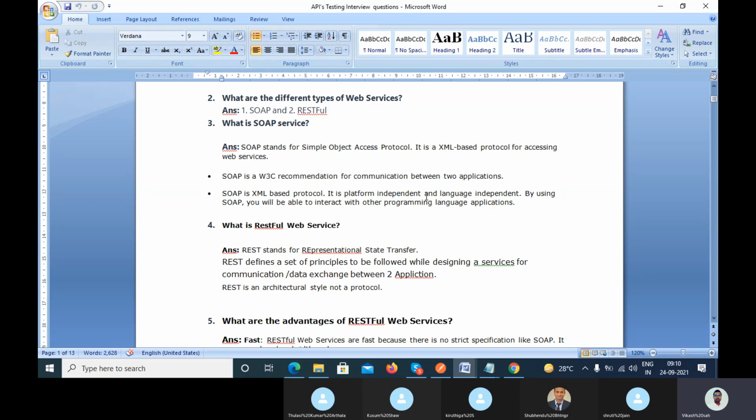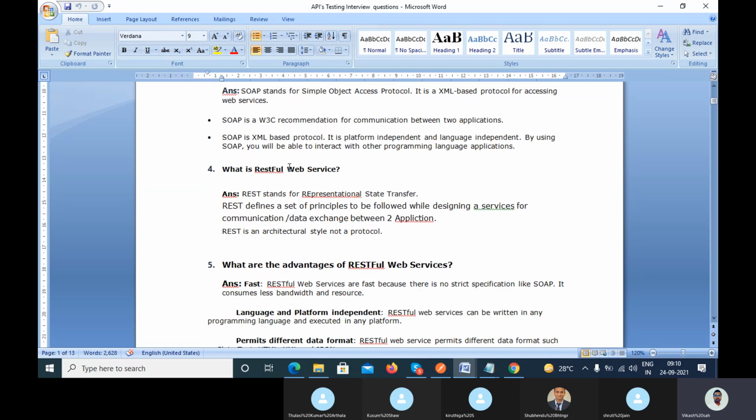The Mercedes has a different format, different body, looks different, mileage is different, and the Maruti is totally different. But the motto is the same, to travel. Same here, SOAP is an XML based application.